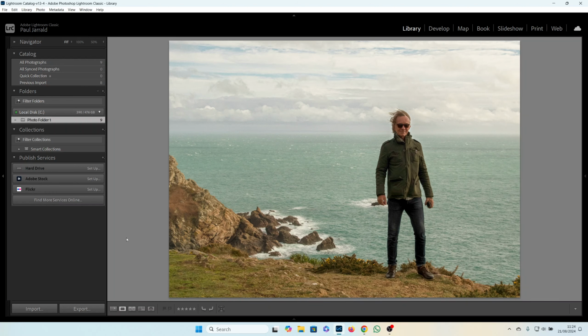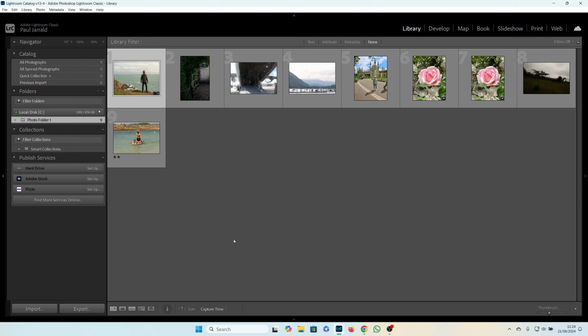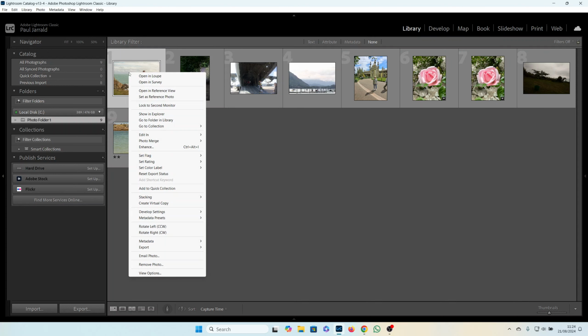You can select a particular photo just by double clicking on it like that. Easy to move backwards and forwards. Now you can, if you want, export a whole load of photos at once, but for photo competitions you typically wouldn't be doing that. The principles are the same, so if you learn how to export one, that should give you enough info to be able to export masses if you need to. So in order to choose the photo to export, you simply click on it, and then you can right mouse click over it, and you get a little menu pop up, and the one that we're looking for is export, not surprisingly. So if you click on export,